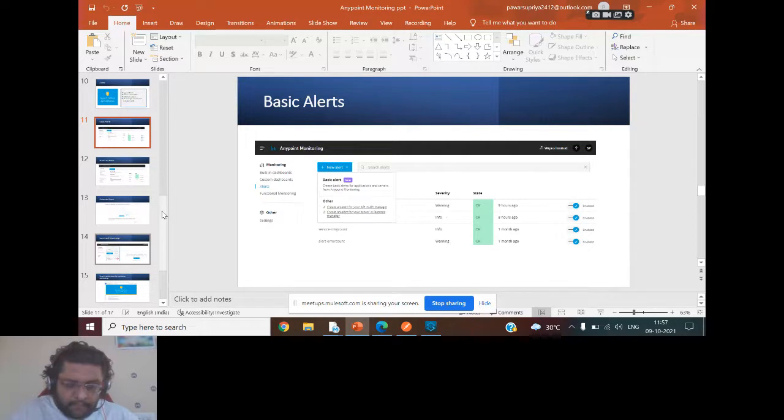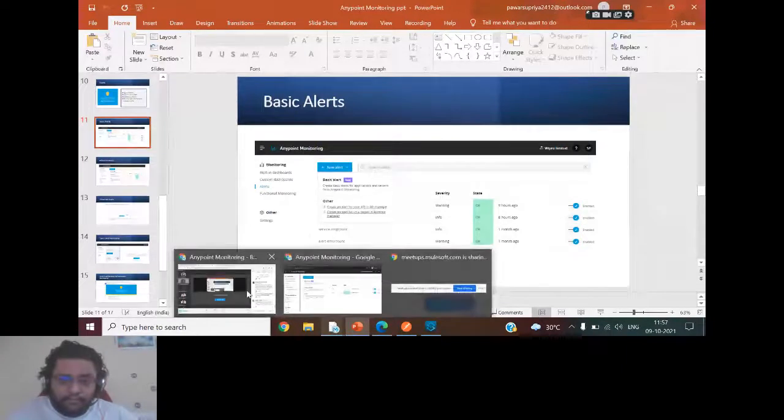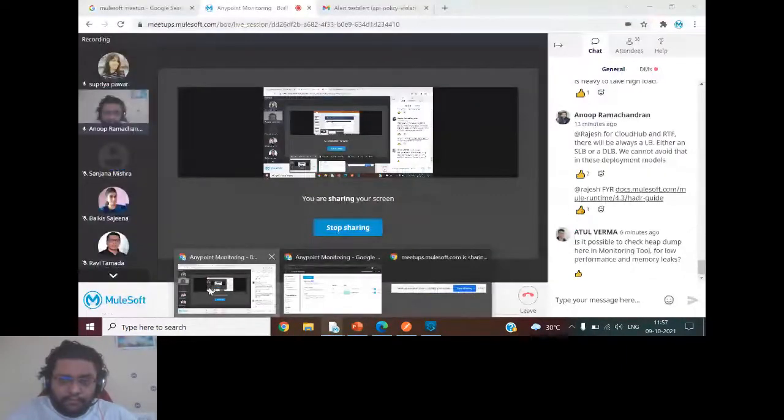So let's look into what alerts are providing, and let's look into functional monitoring also, and how you can effectively make use of it. Does it really make sense to use it just for a few APIs, or should you use it only when you have multiple APIs? At least let's explore these options. I'm going to talk about the alerts.